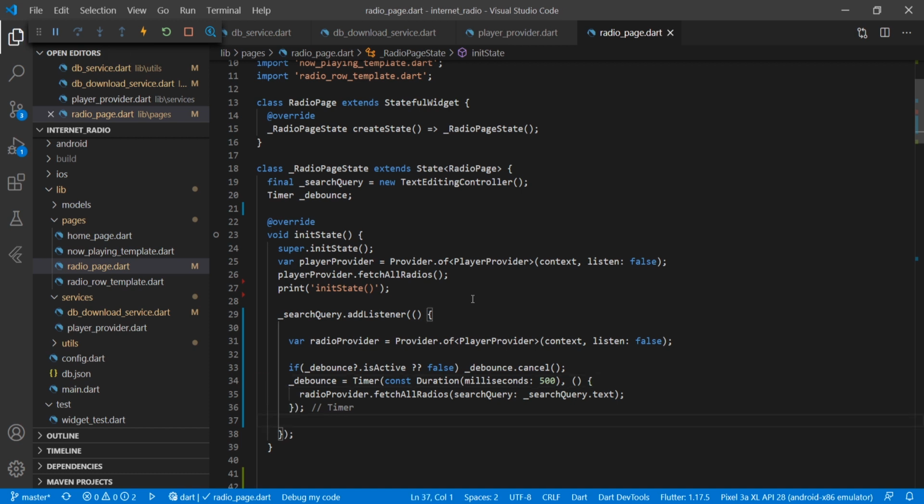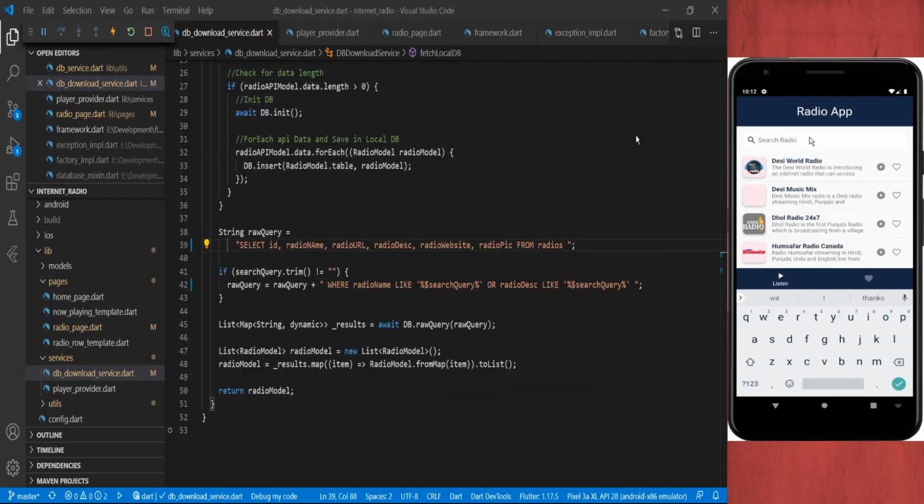So we have just implemented all the code. Now just run the application to see how our search will work. So here our application is running. So now we will do some searching here. We will search for Radio Canada and it will give us the result. So now suppose if I remove the Canada word, it gives me all the results from radios.